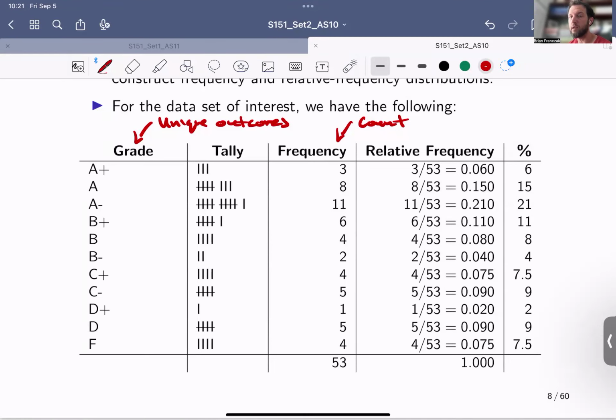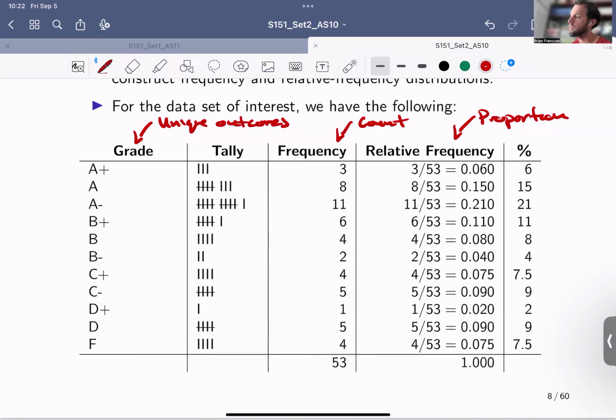The relative frequency is simply the proportion of times that each of the outcomes appeared. And these proportions are found by taking the frequency and dividing it by the total, right? So for example, you can see the relative frequency or the proportion of A pluses in the data set is 0.06. That's 3 over 53. The proportion of A's is 8 over 53, which is 0.15. The proportion of A minuses is 11 over 53, which is 0.21. Okay, so the relative frequency is simply the proportion, and that's found by taking frequency and dividing by total number